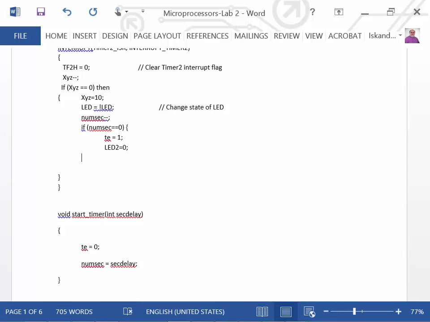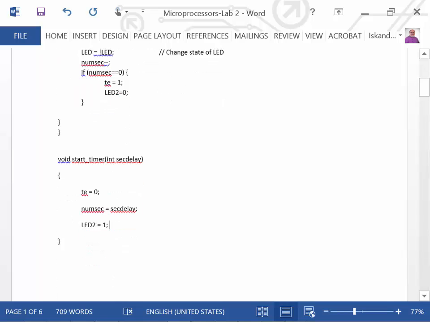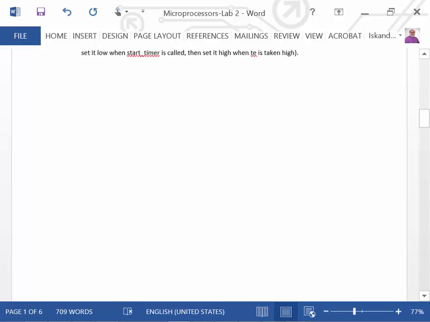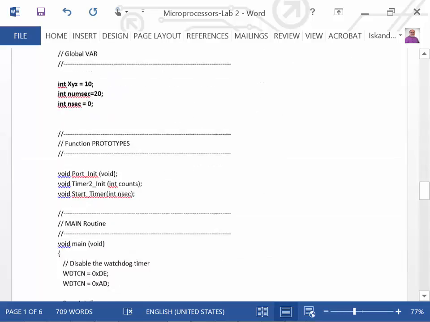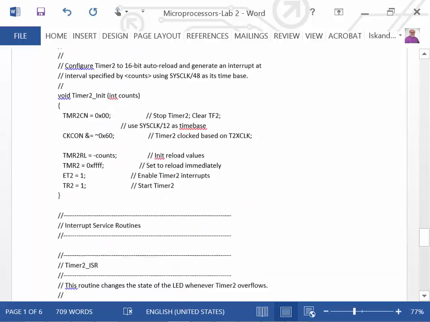And the reason I did that is because here I'm going to set LED 2 equals 1, just simply so that we know whether we're counting or not counting right there. So this starts a timer, and then what we're going to do in main here is we're just going to continuously